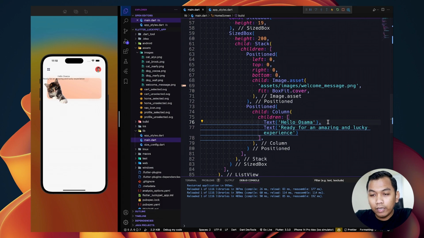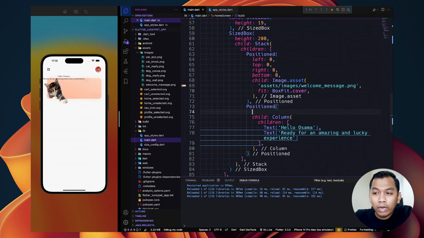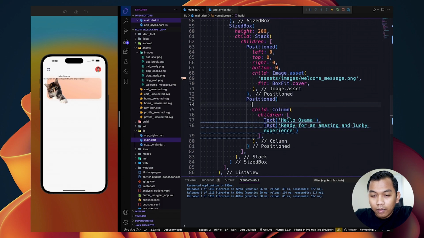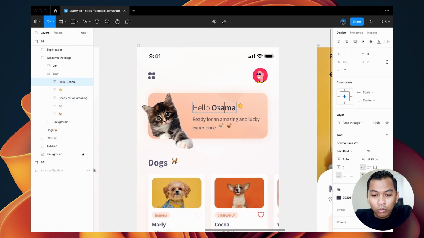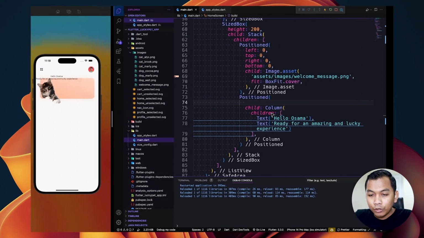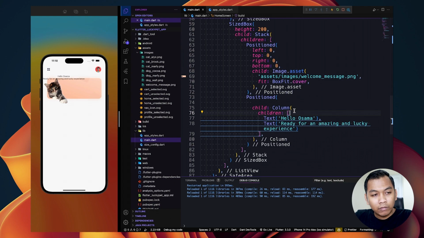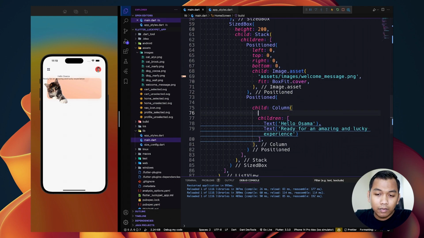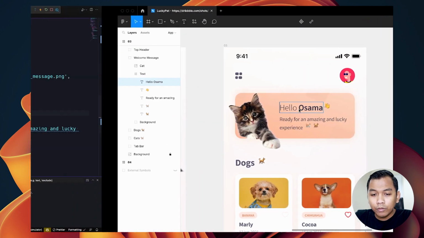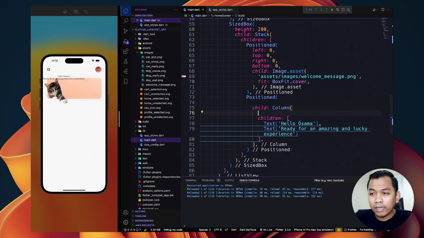When we hot reload, we will see our text widget. What we need to do right now is calculate the position of this text widget from the left. So we can use something like a dynamic value.